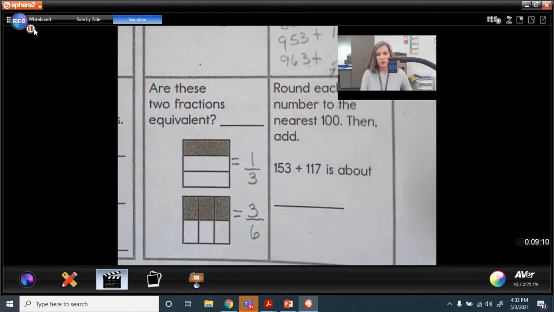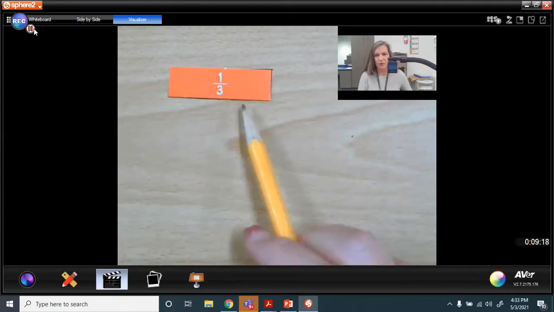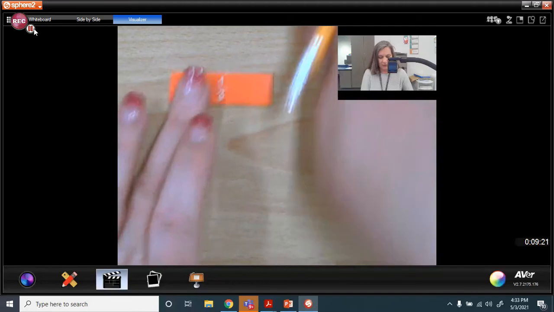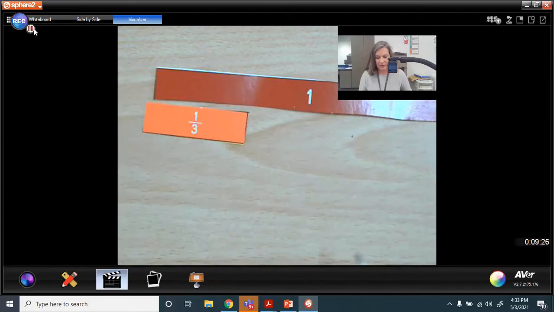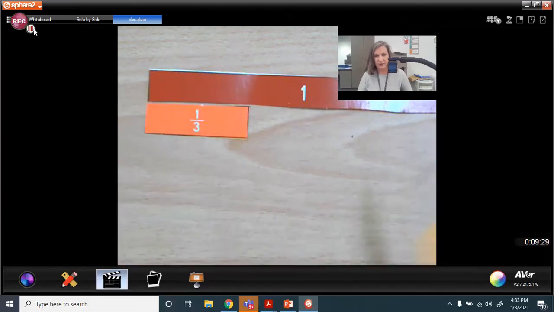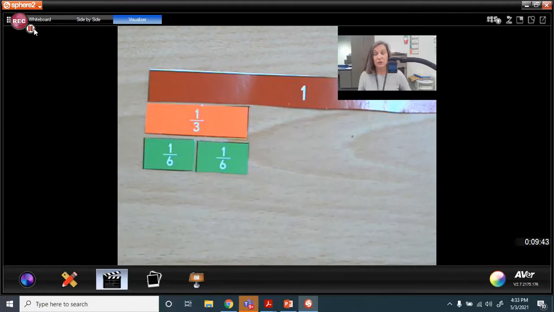So I'm going to use my fraction strips to model this. The first square said we have 1/3. Again, remember we're comparing this to the whole. So we know that 1/3 is only one of the 3 pieces in a whole. Now it told us to compare this to 3/6. If you remember, it takes 2/6 to make an equivalent fraction to 1/3. So if I add another